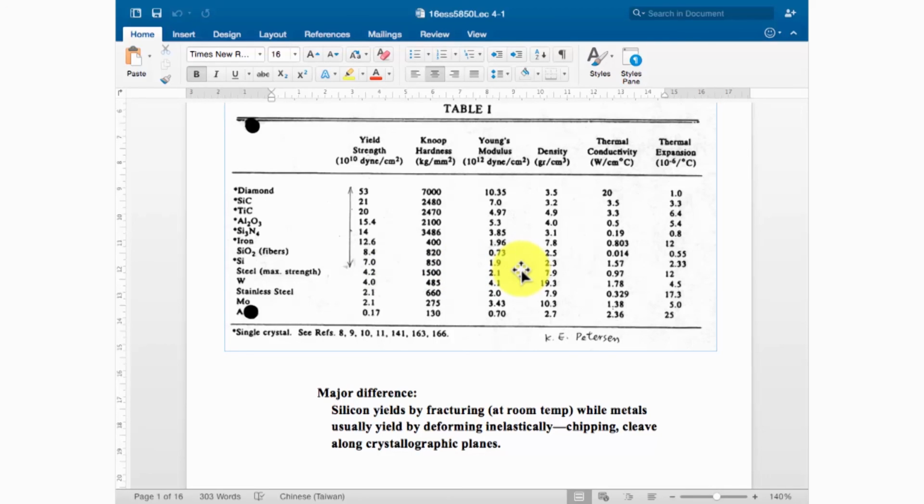The third one is the Young's modulus. When you see the Young's modulus, that means when you give a certain kind of force or stress, how much extension, how much stretch, how much deformation the material will go through. So if this value is large, that means under the same force,